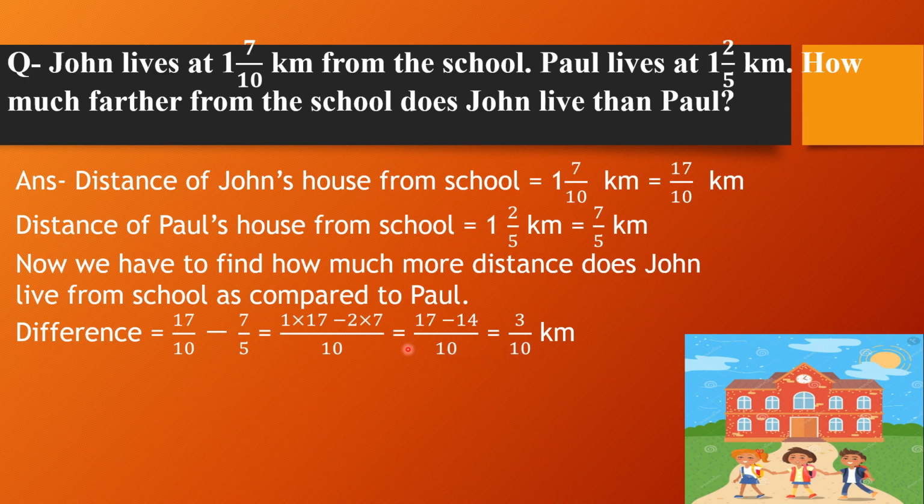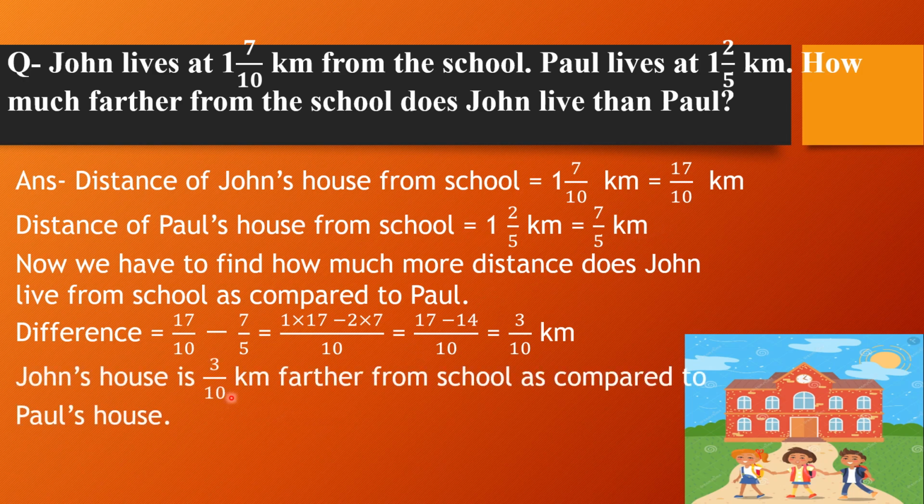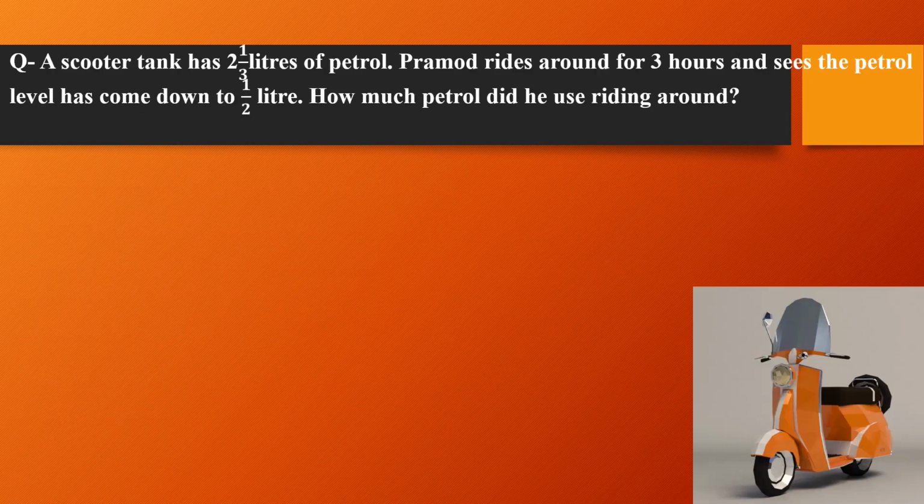So now we will write the final answer. That is also very important. How much farther from the school does John live than Paul? It means we will write: John's house is 3 by 10 kilometer farther from school as compared to Paul's house. Very simple. Now the next question is: a scooter tank has 2 and 1 by 3 liter of petrol,